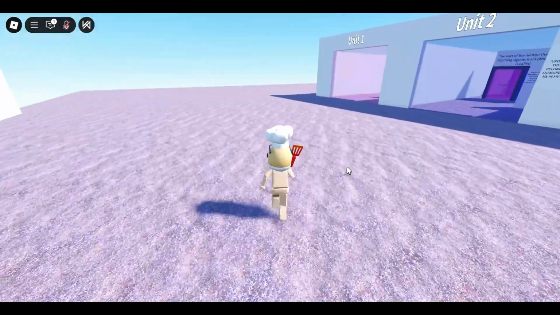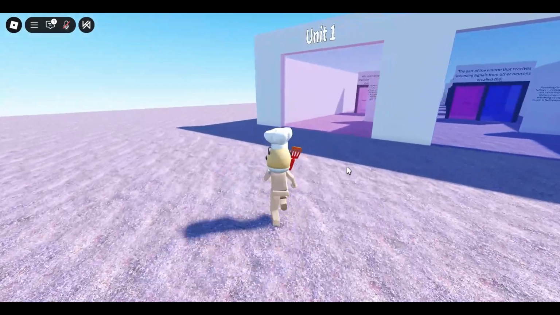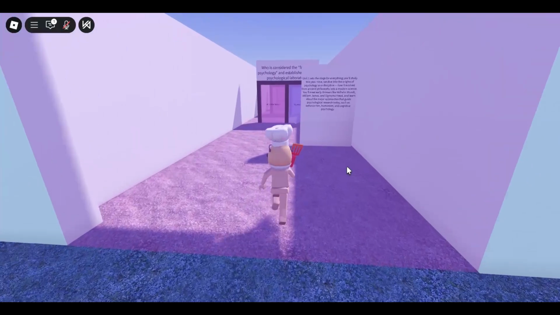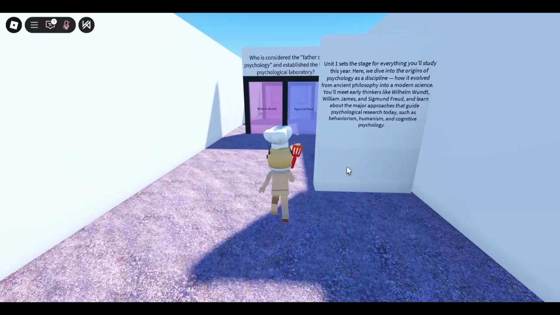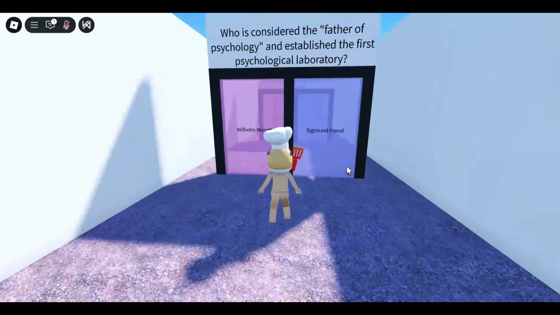Unit 1 sets the stage for everything you'll learn this year. Here we dive into the origins of psychology as a discipline and how it evolved from an ancient philosophy into a modern science. So to start, Wilhelm Wundt established the first psychological laboratory in Germany,